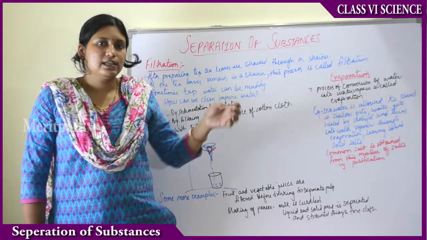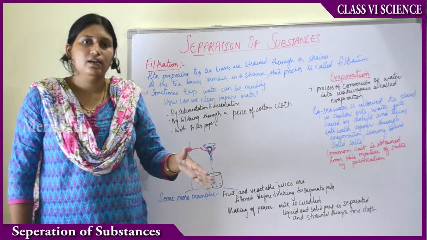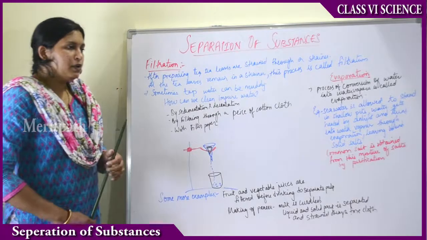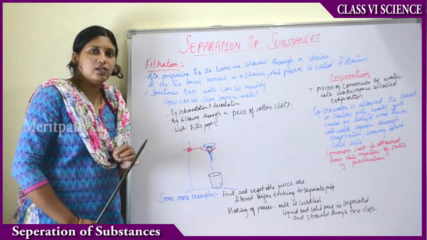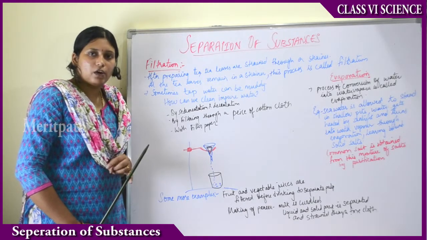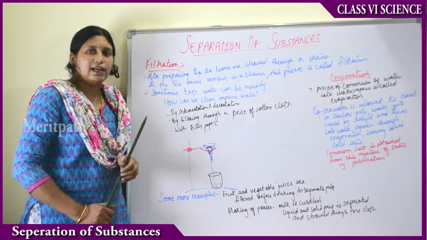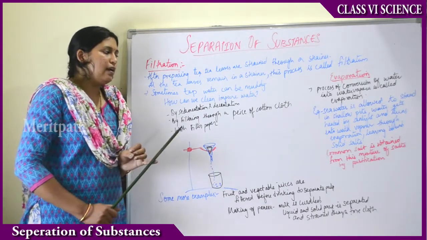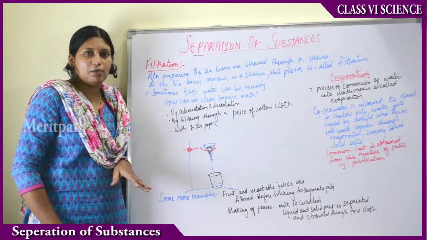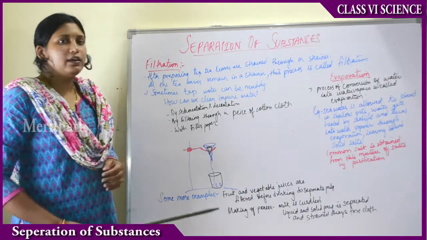Take one more glass, slant the first glass, and pour the pure water into the next glass, leaving behind the sand. That is the process of sedimentation and decantation. Understood, right? Take the muddy water in a glass and let it stand for some time. The heavy mud will settle at the bottom, leaving the pure water up. After 1 hour, take one more glass, slant the first glass, and pour the pure water into the other glass, leaving the sand behind. Then you get somewhat filtered water. Then we have to do further filtering.